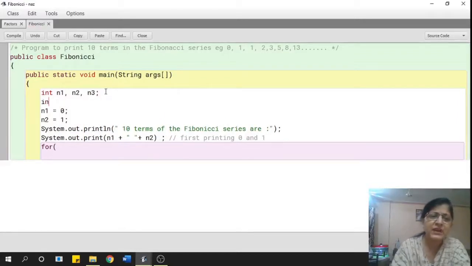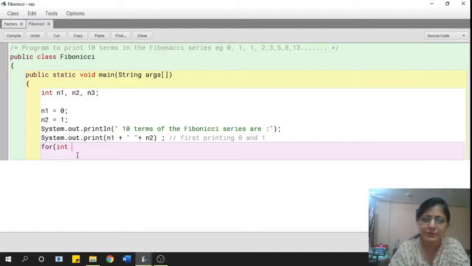So I will say int I equals, or I can actually declare it here in the for loop also, or I can declare it over here. I just want to show you that even if you have not declared I previously, you can declare it while using it in the for loop.